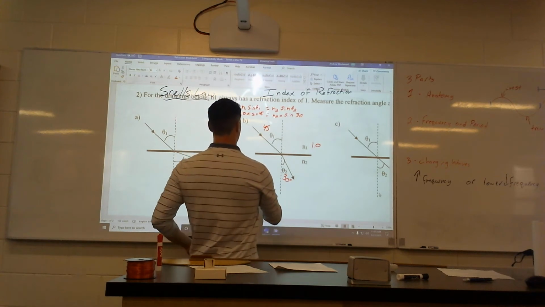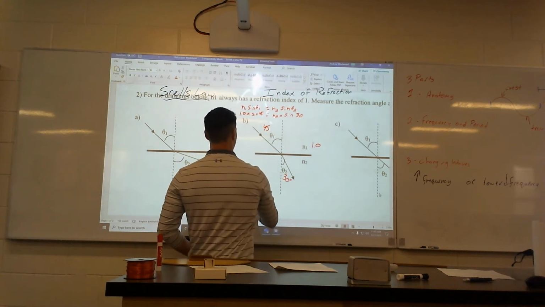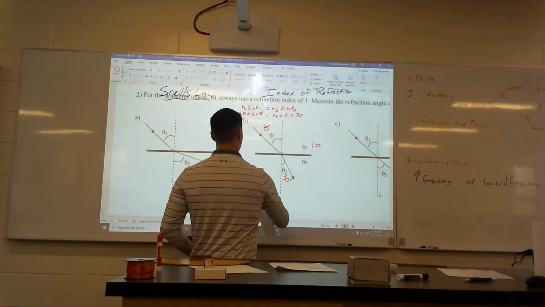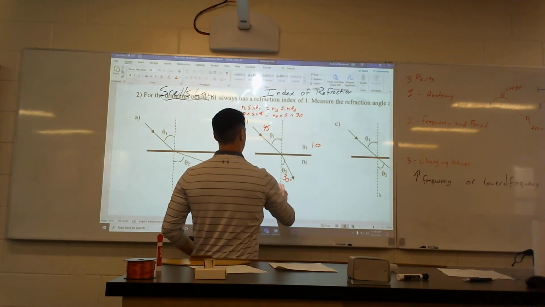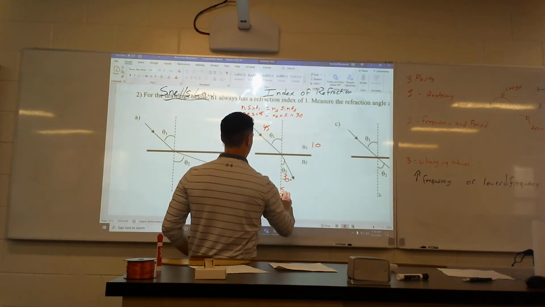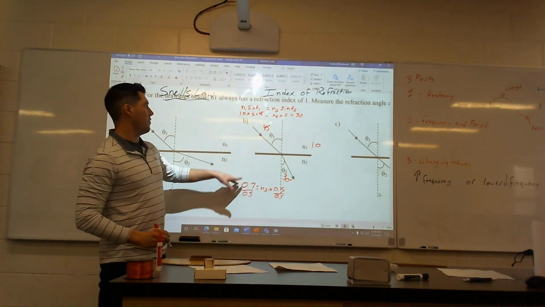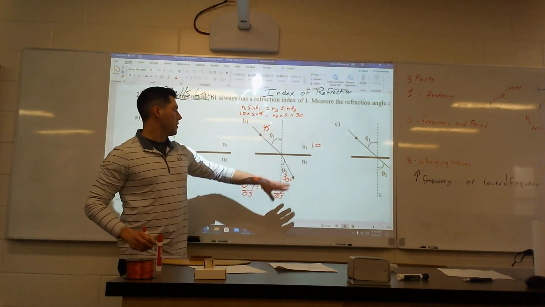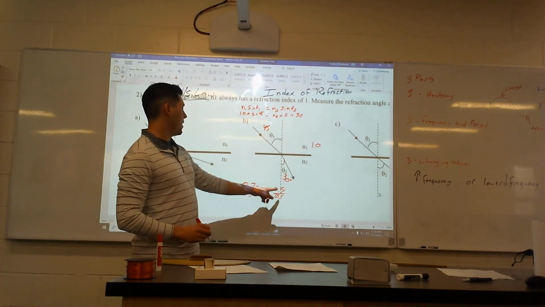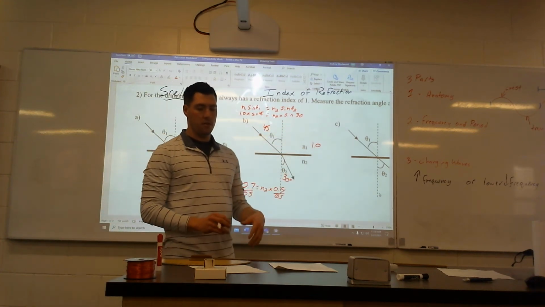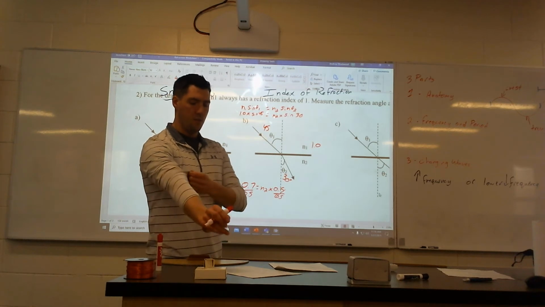Okay, so that's right here. 1 times that is the same. So I have 0.7 equals n2 times 0.5. I divide by 0.5 and divide by 0.5. So you can see the 0.7 from this sine 45, this 0.5 from sine 30, and then again, get it out. So when I go to 0.7 divided by 0.5,